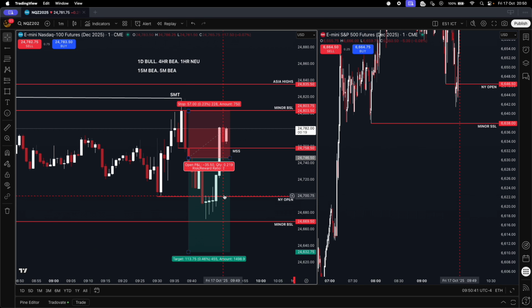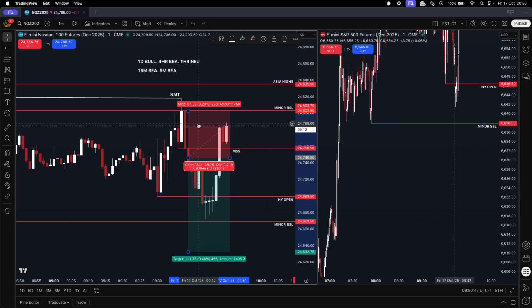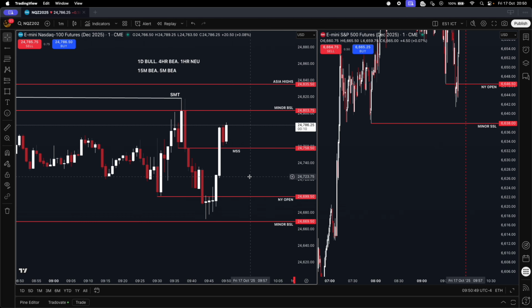So if this trade was valid, it would be an entry off the upper gap, a stop placement at 57 points and targeting 113 with half position size. So whatever you take with 25 points as a position size in the risk management section, you just take that position size, halve it, and then take that trade. Hopefully that answers your question.